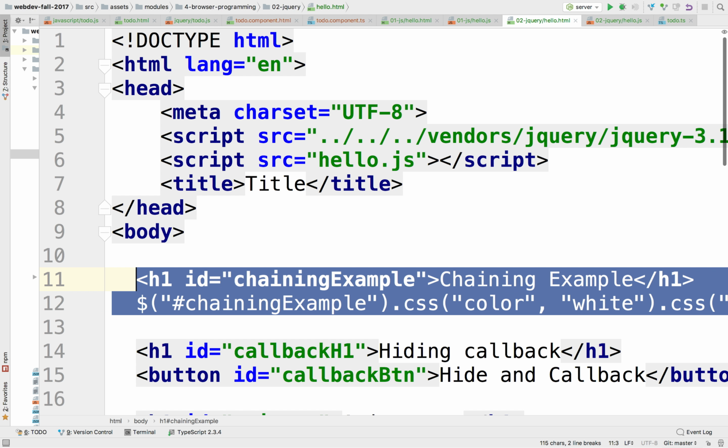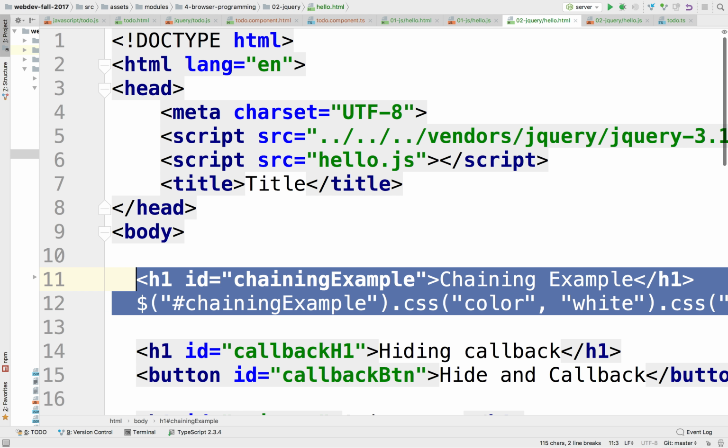Notice here, when we were applying these transformations both to the same paragraph, one was a .css, the other one was a .click. jQuery declares all these functions in such a way that, at the end of this function, the return value of that function is this, the actual object that was initially referred to.